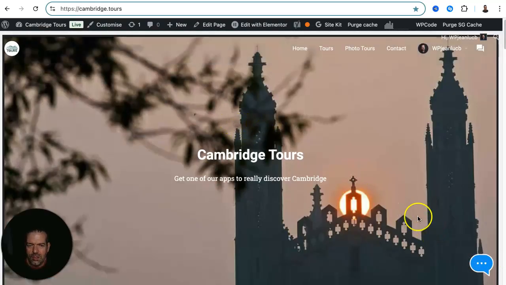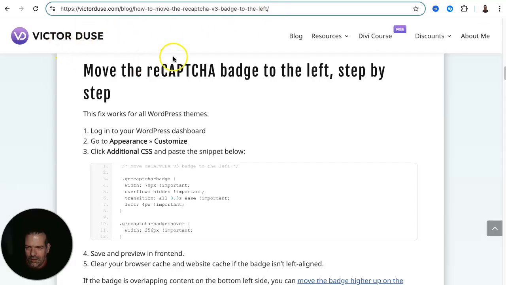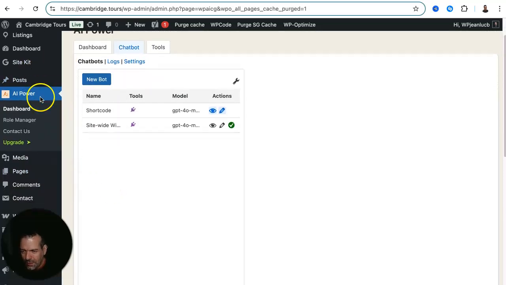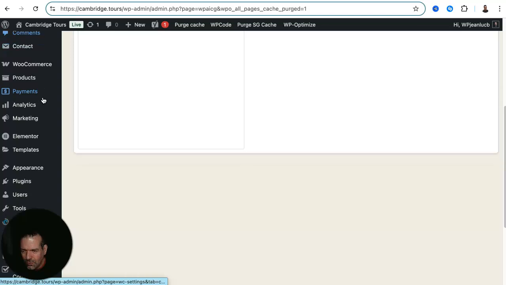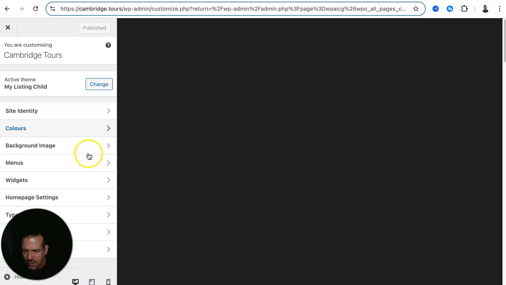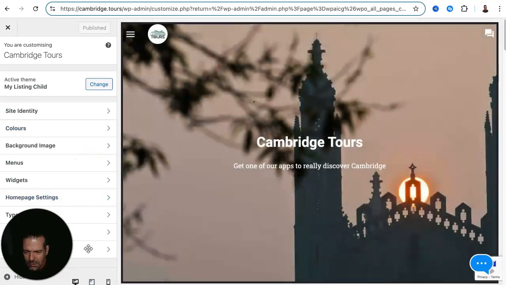There's a trick to actually put it on the other side if you have your reCAPTCHA on the right. I found this online the other day. Move the reCAPTCHA badge to the left step by step. I can leave that link as well in the description. But if you copy that code, go back to your dashboard, and I think if I go to customize, additional CSS here,